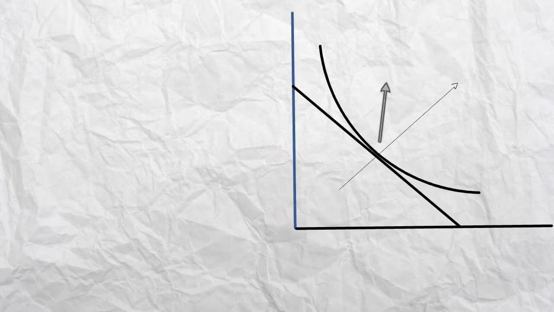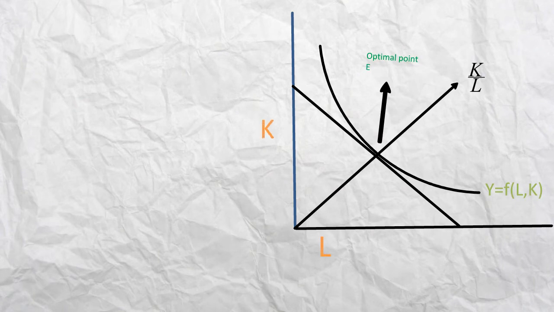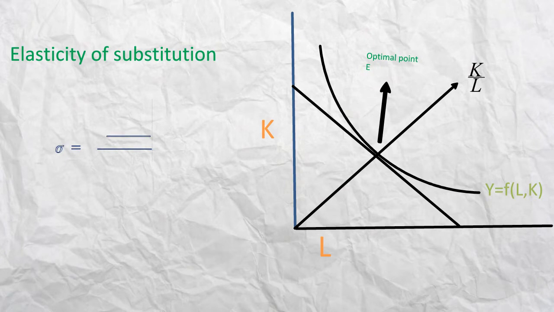In this video, we are going to discuss the derivation of the constant elasticity of substitution production function. Graphically, the optimal position of a firm is shown by the tangency point between the isoquant and the factor price line as shown here. Mathematically, the elasticity of substitution is defined as the proportionate change in capital-labor ratio over the proportionate change in marginal rate of technical substitution of labor for capital, where